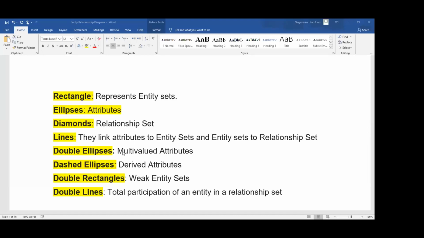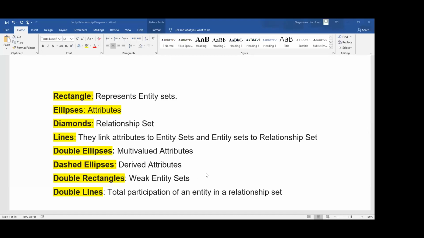Double ellipses represent multi-valued attributes. If there are many values for a given attribute, then it is called a double ellipse. That symbol is used to represent it. Dashed ellipses are used for derived attributes. I will give the definitions one by one now. Double rectangles represent a weak entity.